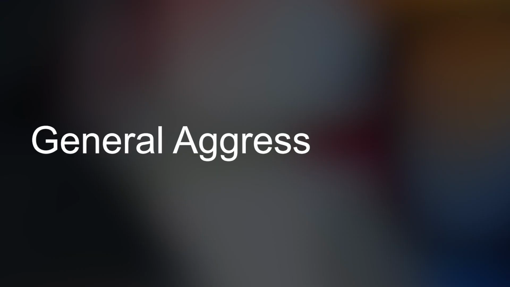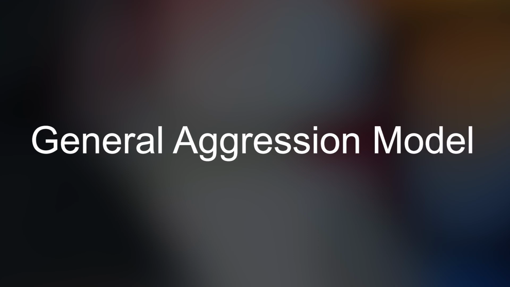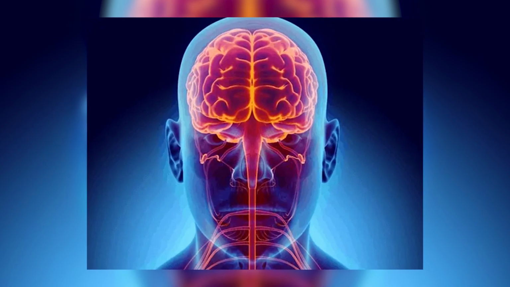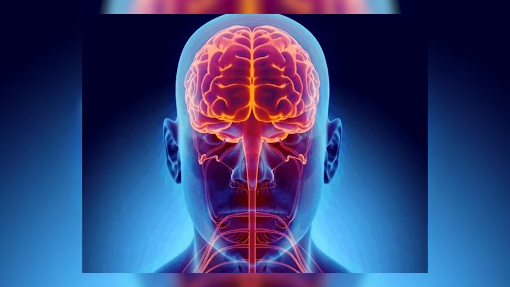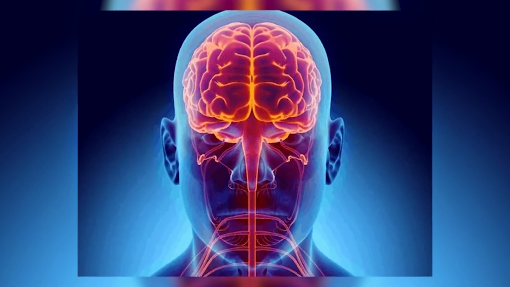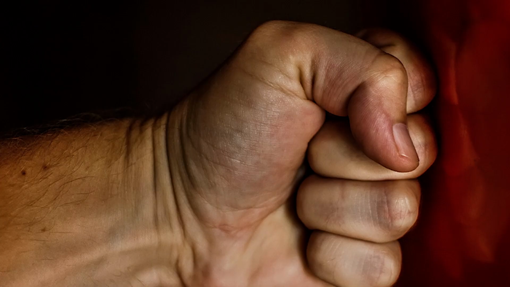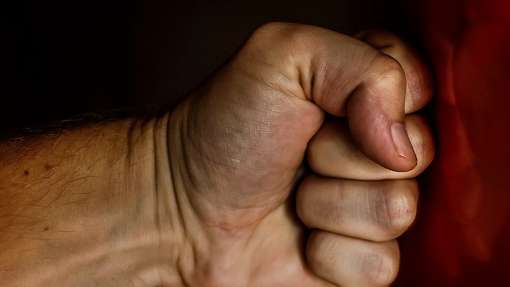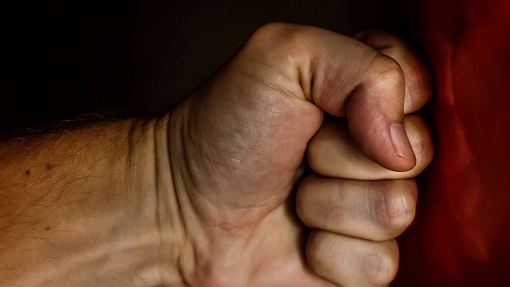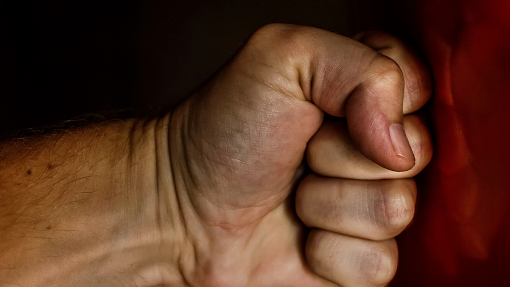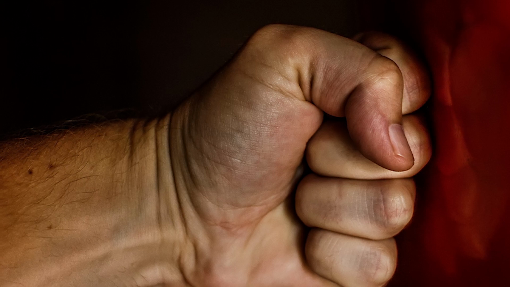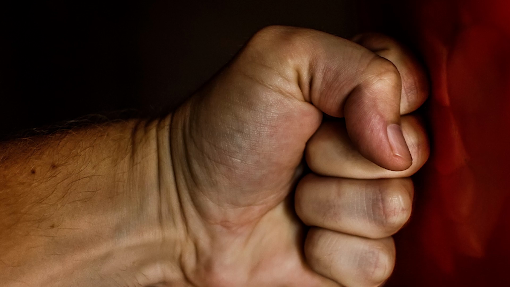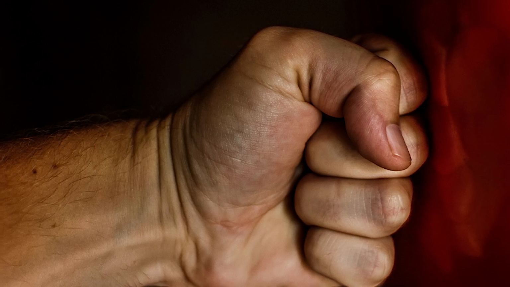The next theoretical explanation is the general aggression model. The general aggression model presents a three-stage comprehensive and integrative framework for understanding human aggression. Stage 1 is input variables, stage 2 is routes, stage 3 is outcomes. At the first stage, the general aggression model assumes two types of input variables responsible for instigating expressions of overt